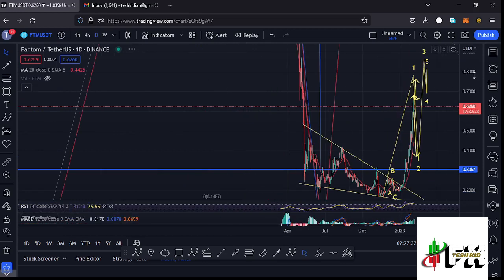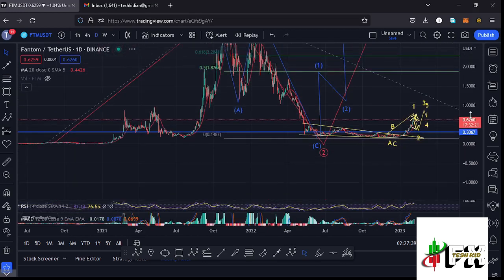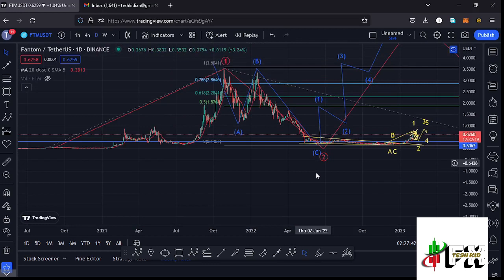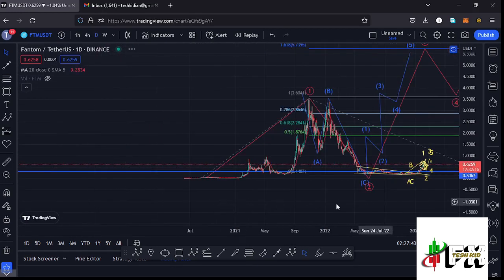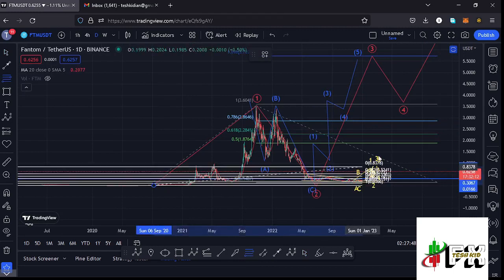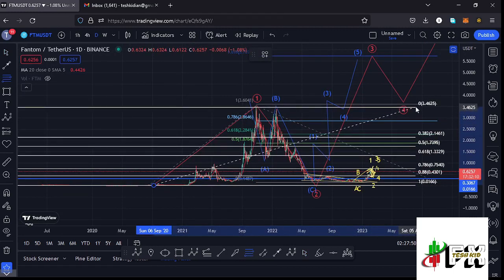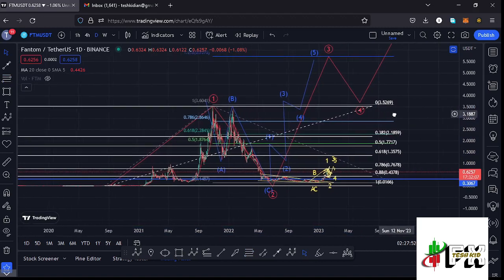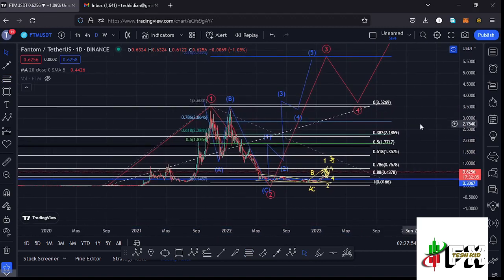And getting to the daily chart, here on the daily chart, I want to first give you an area on the Fibonacci's that you have managed to break above by connecting the Fibonacci's from these low prices that we had been trading within to the all-time high, and that gives me an area at the Fib level 0.88, which lies at around the $0.4378 mark, and that is an area that you managed to break above, which signified that Fantom is getting back into the recovery phase, and we might continue unlocking even higher prices and also continue obeying the Elliott wave structures